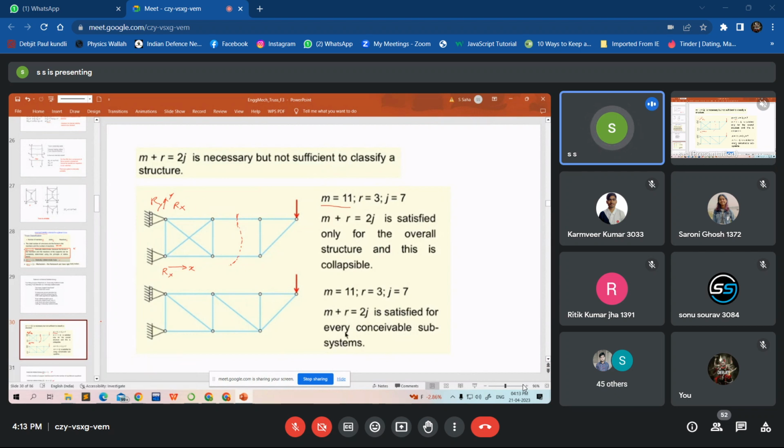Number of members is 1, 2, 3, 4, 5, 6, 7, 8, 9, 10, 11, 12, 13, 14, 15, 16,